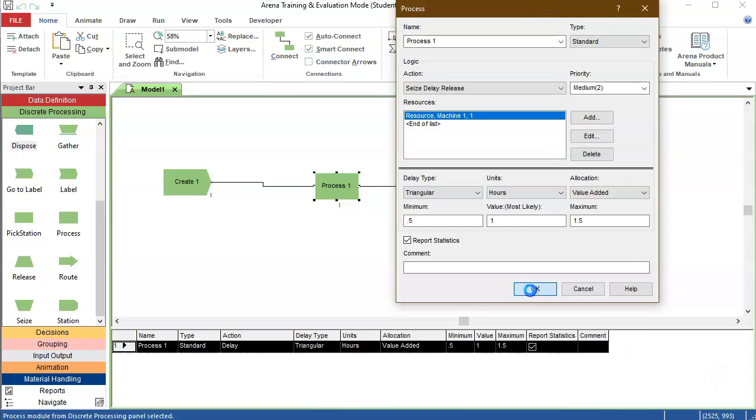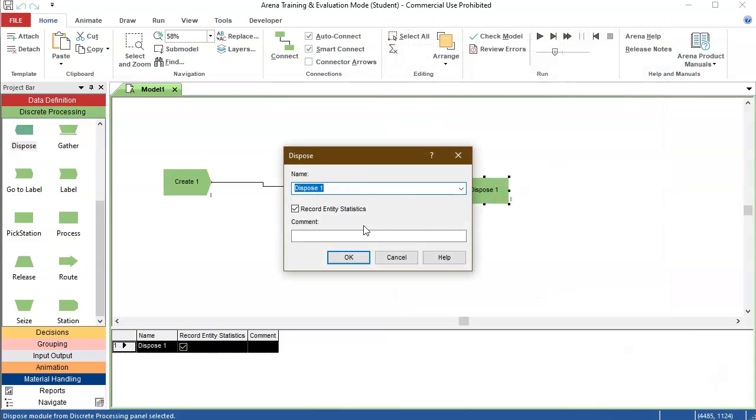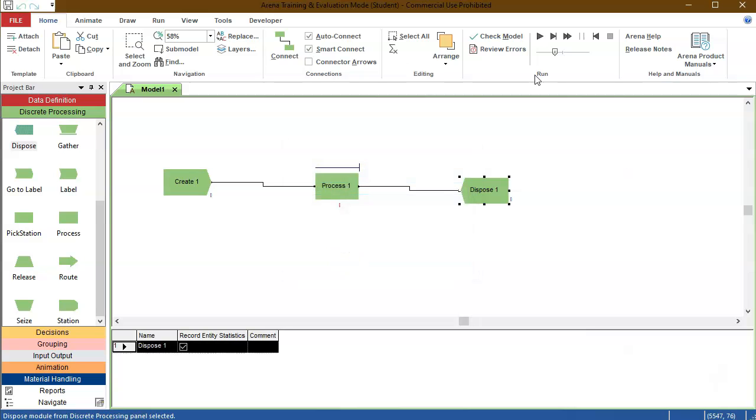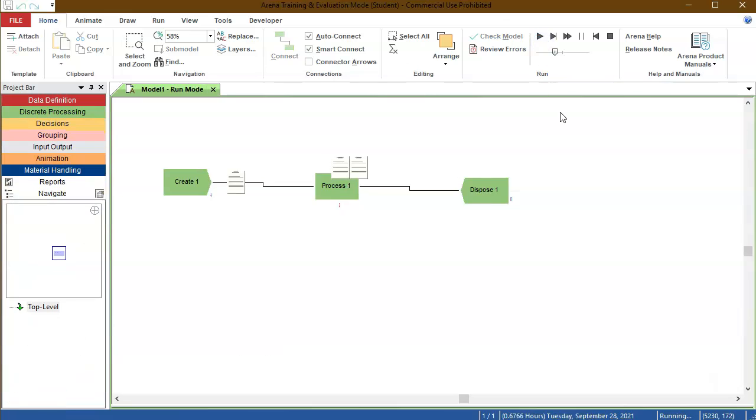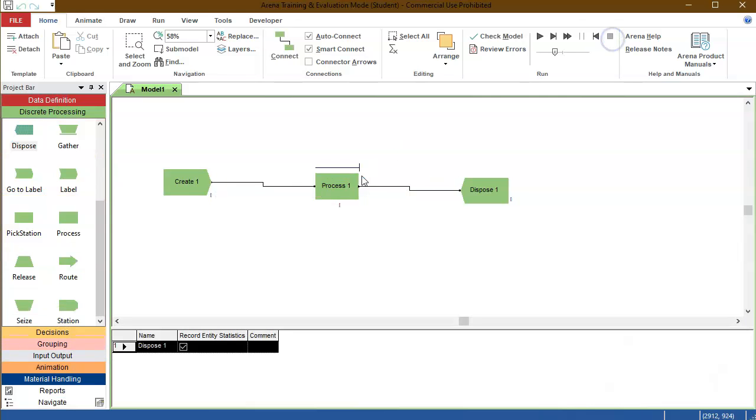and okay. And the dispose is just the disposal, and we can track statistics of how many entities have gone through the dispose. So if we run it now, you will see that we have a queue that grows and decreases dynamically as the simulation estimates that the entities would have to wait for the resource. We can